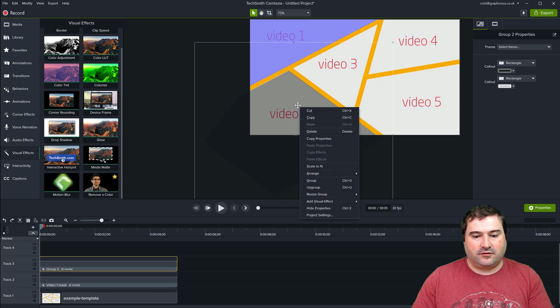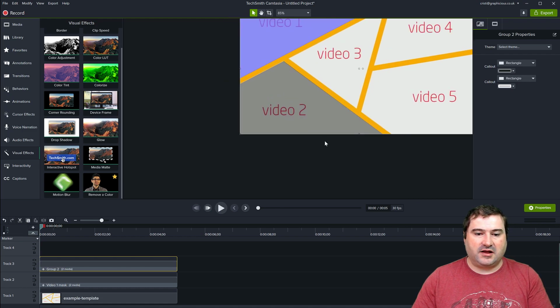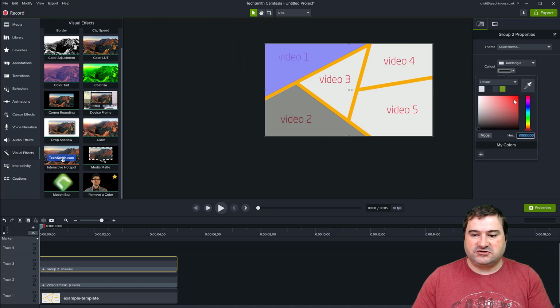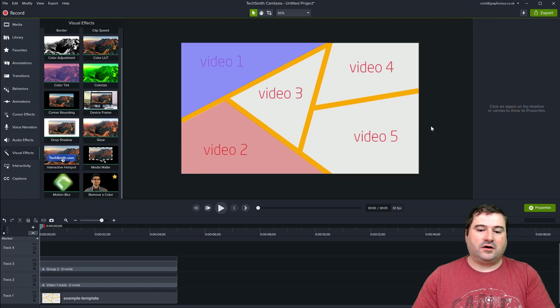So if you right click on this group and you say resize group to canvas size, it's just going to cut out anything else and show you a nice shape here. Again, you can change the size, the color, it's red, so that is my second one. So the third one is actually still a triangle, so I'm not going to actually go through explaining it. I'm going to just do it, but you get the point.